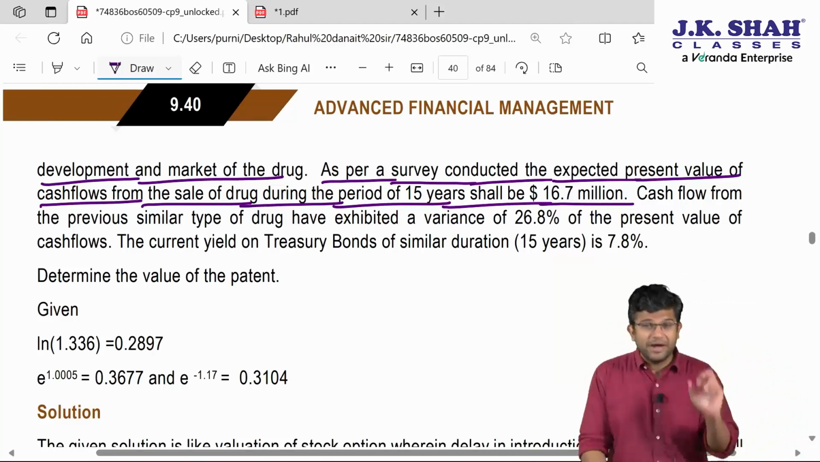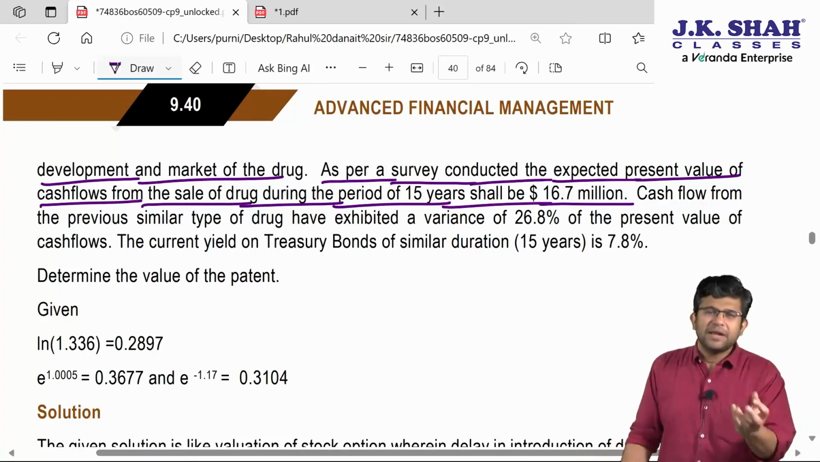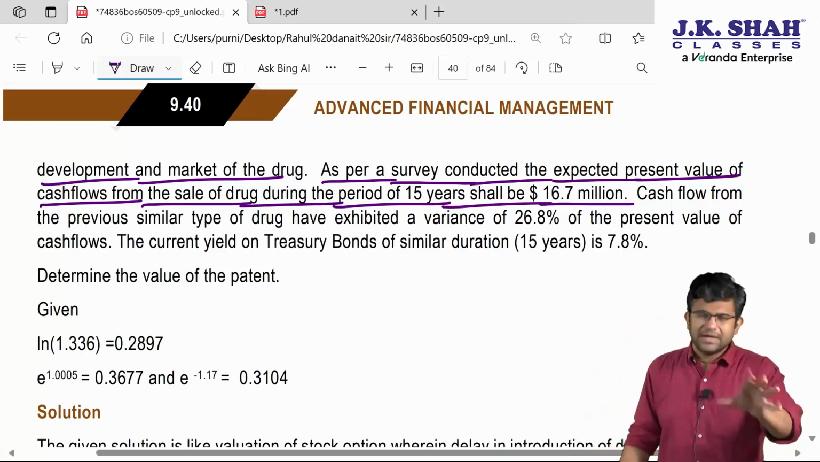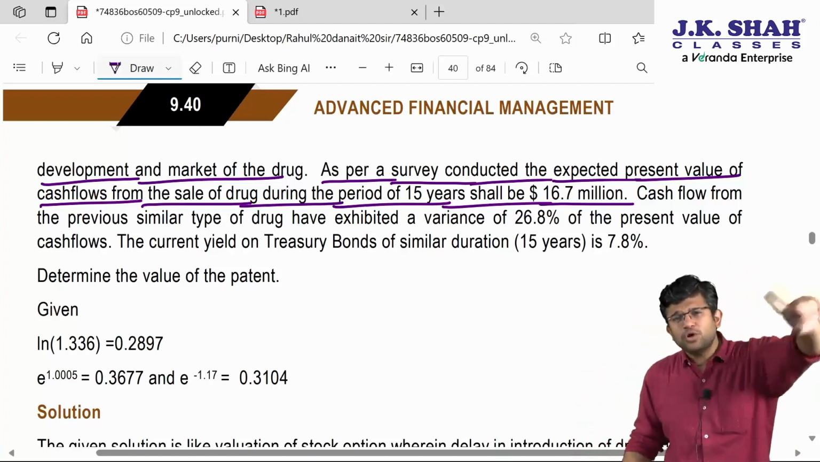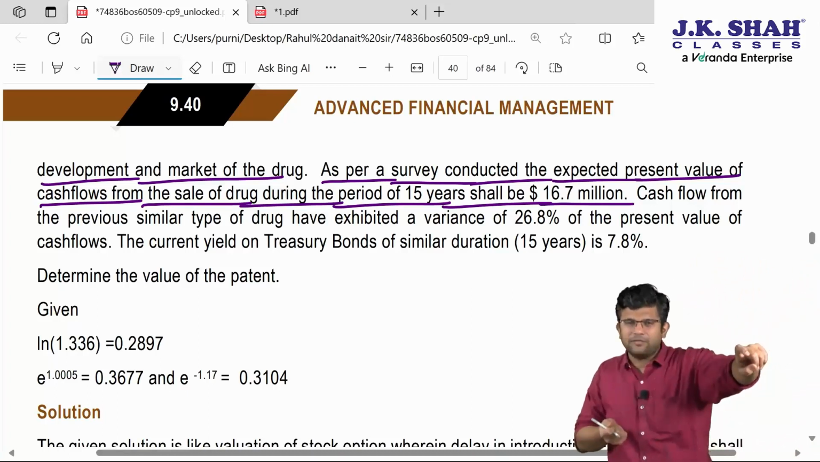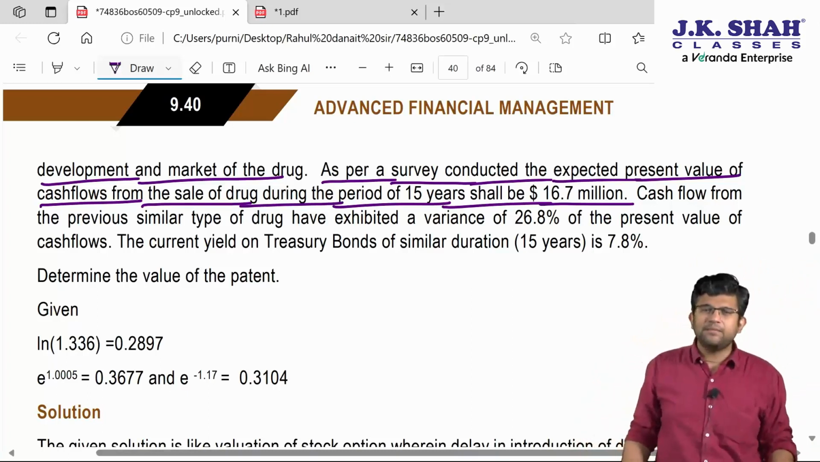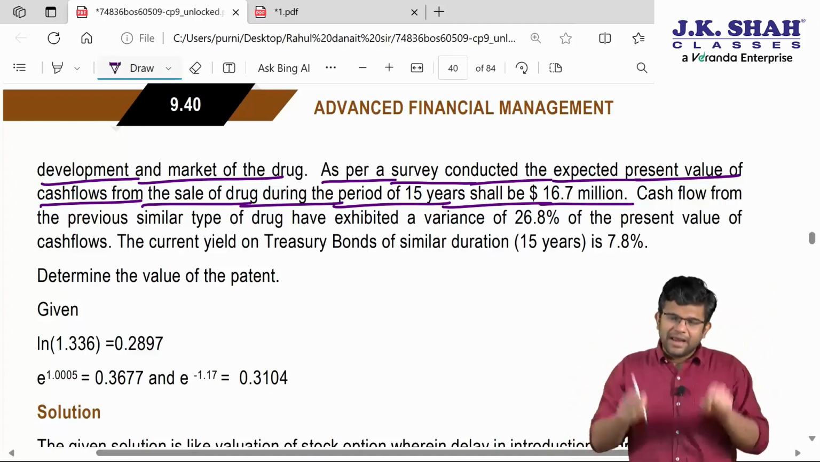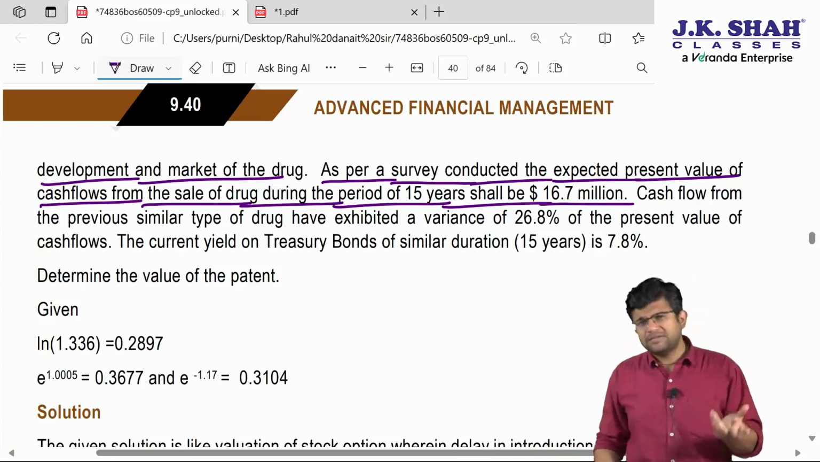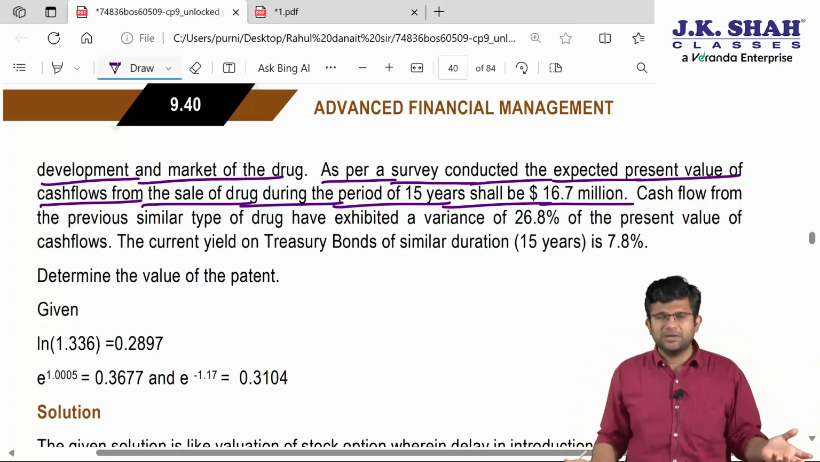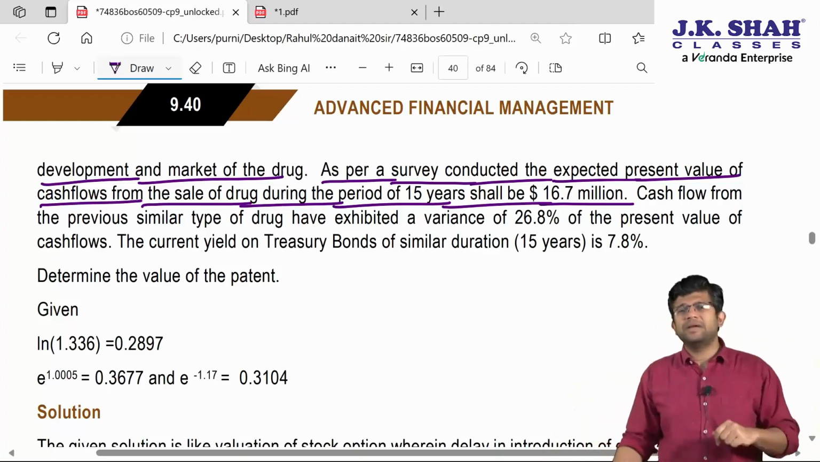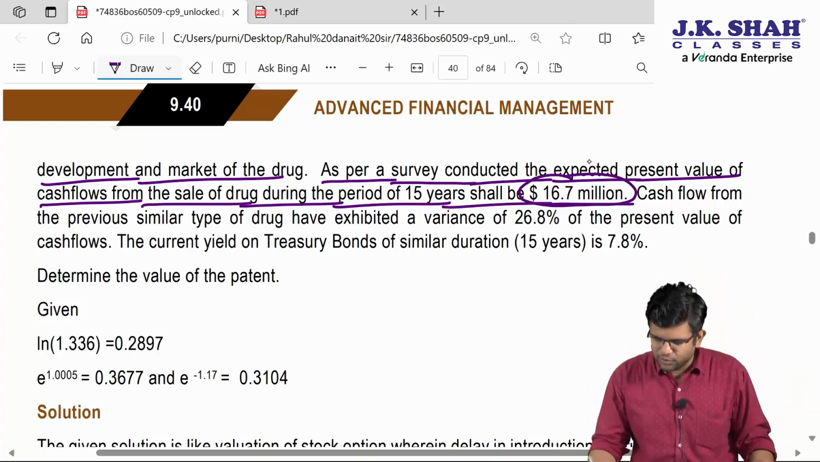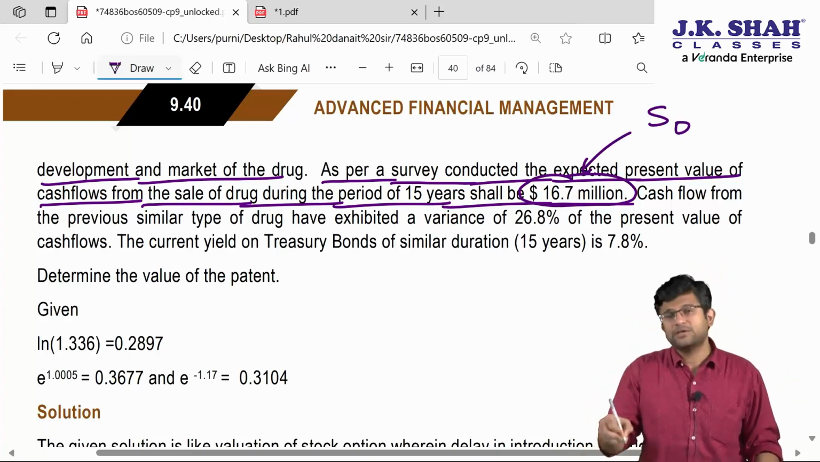So now we are talking of the underlying asset, right? This particular drug, if you build, if you produce, if you manufacture and start selling it for 15 years, the future cash flows, present value of those future cash flows is 16.7 million, which means the value of the underlying asset is 16.7 million. You all must have studied in security valuation or any kind of valuation. Value of an asset is equal to present value of all future cash flows. So this 16.7, do you realize, will be considered as the spot price of the asset today,